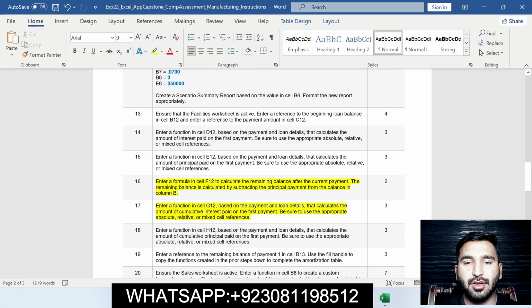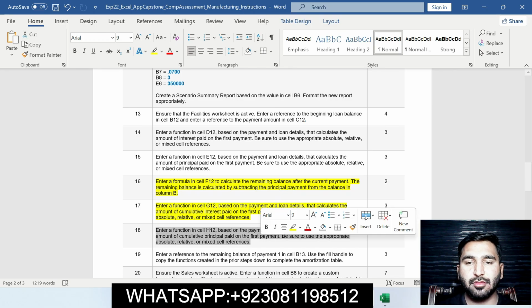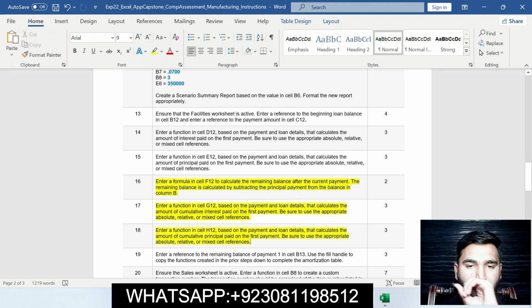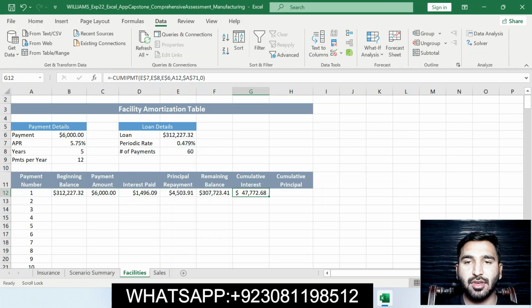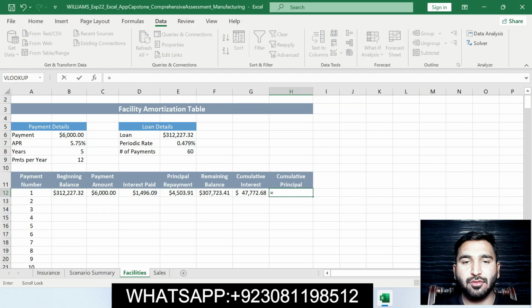Then the next question is question number 18. Enter a function and select interest based on the payment and loan detail that calculates the amount of cumulative principal paid on the first payment. Be sure to use the appropriate absolute and mixed cell references. Moving on in the Excel workbook, click on cell I12, press equal to, enter